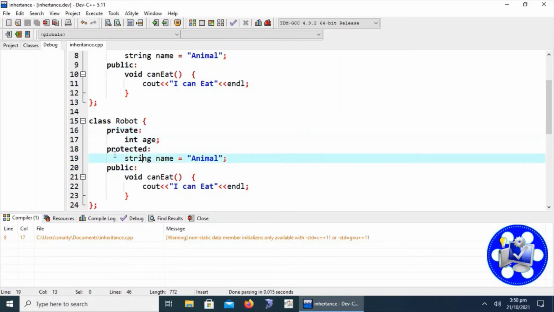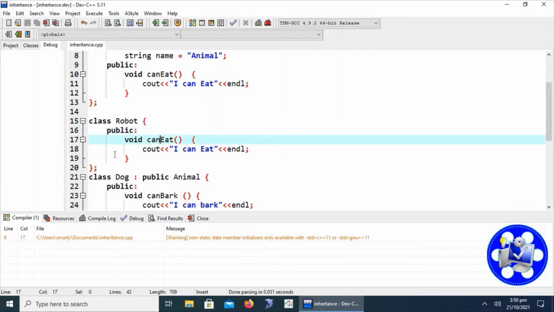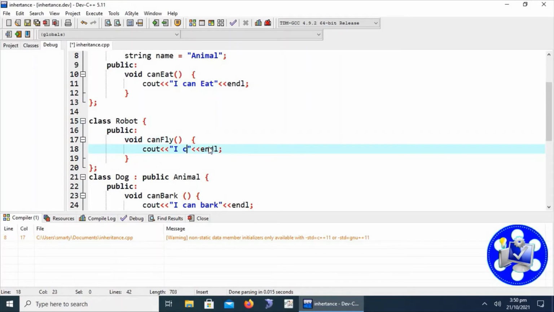We can define here only one function, can fly. I have written here: I am robot and can fly.